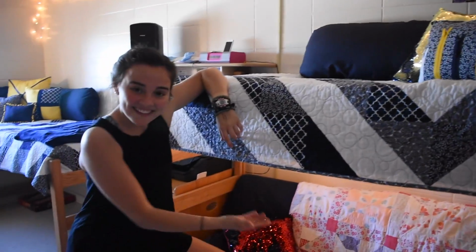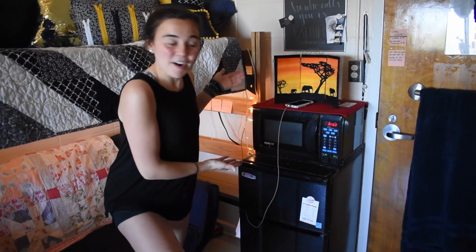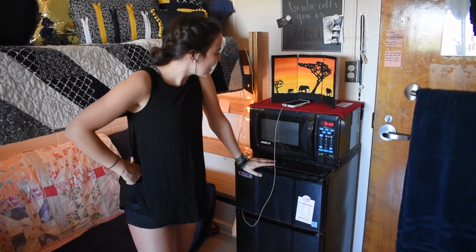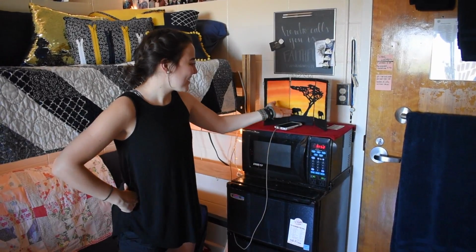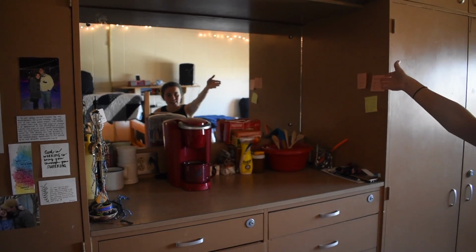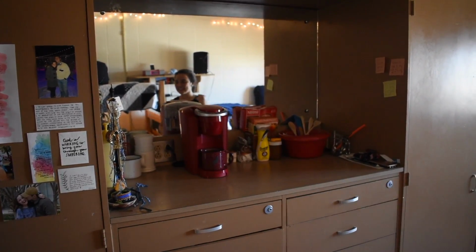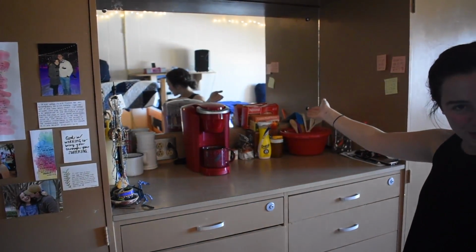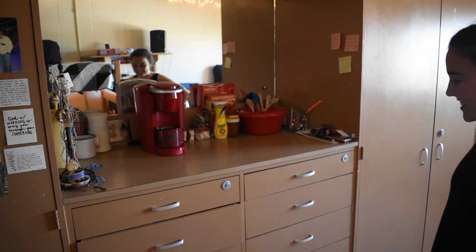Anyways, this is a couch. A nice couch. We have in each dorm a microwave and a fridge. And my grandmother also made this little picture of Africa. I love Africa. With little elephants and an African tree and a little chalkboard. This is a mirror, and this is our little section of things. This is my jewelry, coffee, hot chocolate and tea, baking stuff for when I never bake, and a bunch of